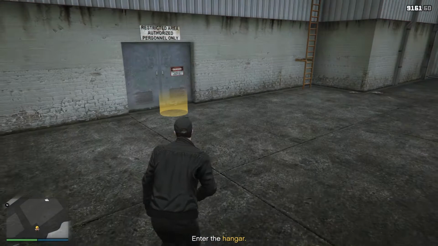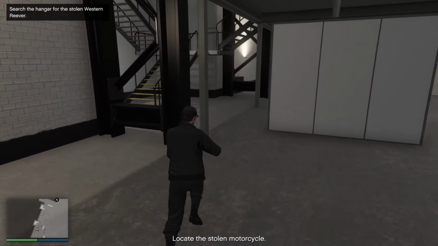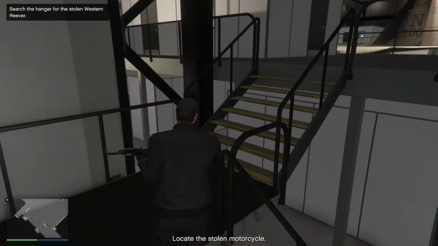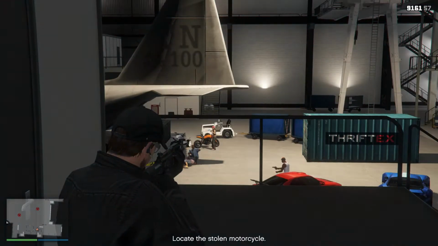As for the vehicle recovery, there are 3 possible missions. One is the hangar. What you have to do is turn over to the left up these stairs in order to get the higher advantage, and proceed to headshot the 4 enemies where I did over here in this area